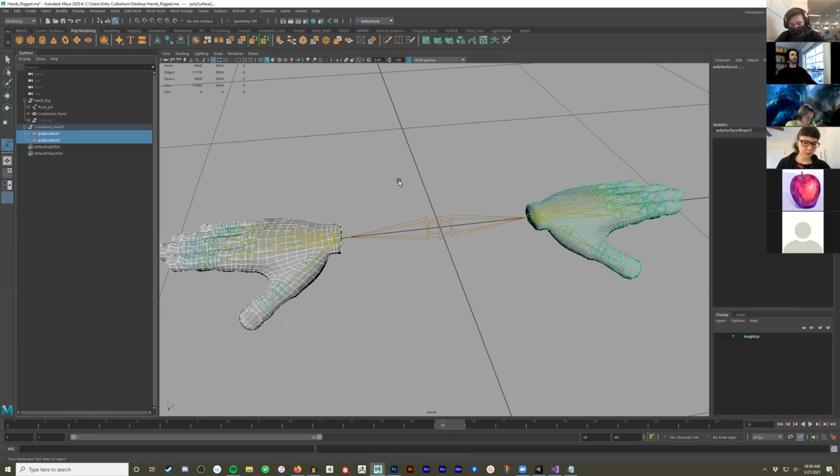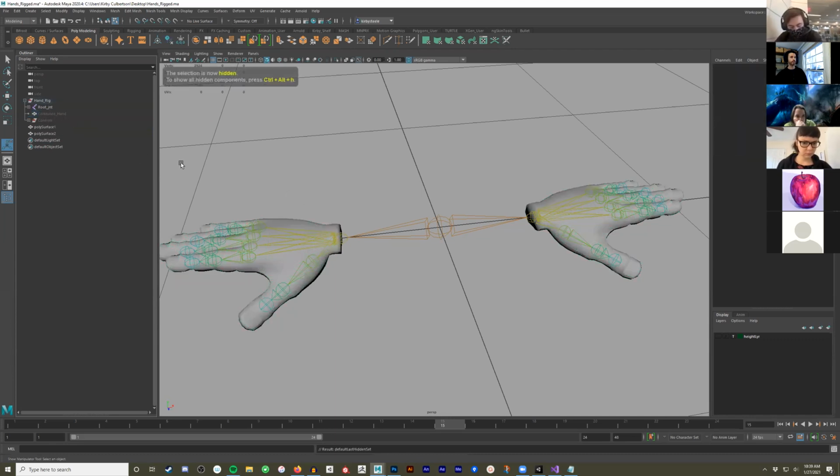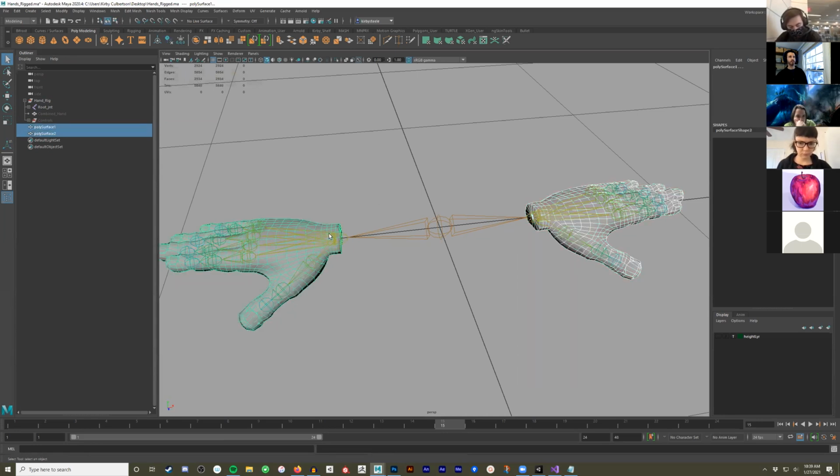Okay, so if you were at the phase where you have two separate hands, go ahead and hide this original. So you've got this hand and this hand. Just make sure to select them both. Come up here to mesh, go to combine,